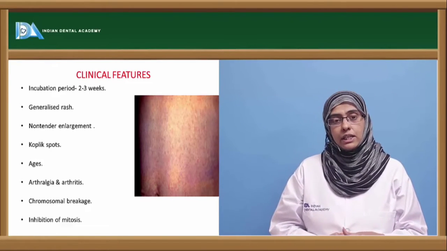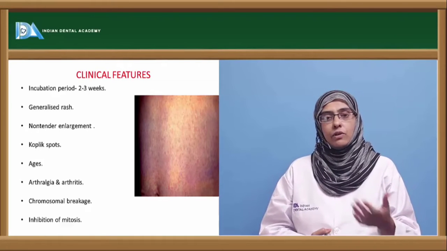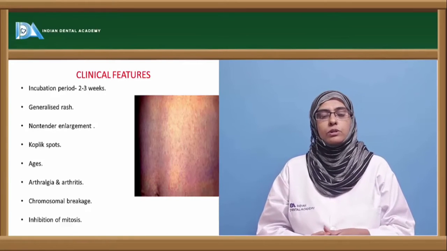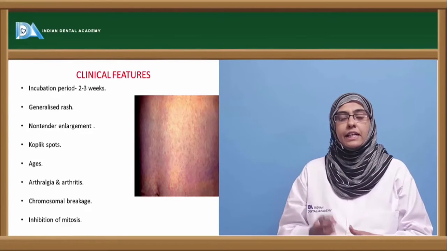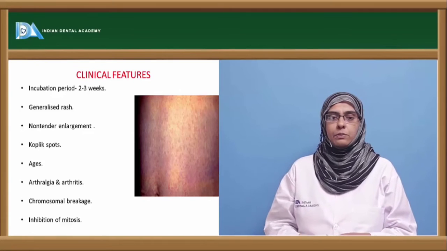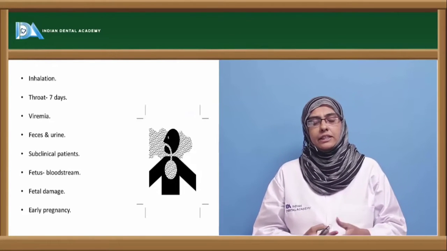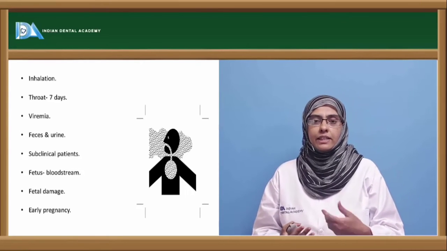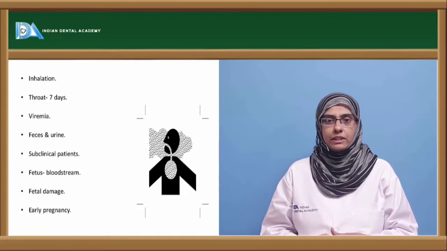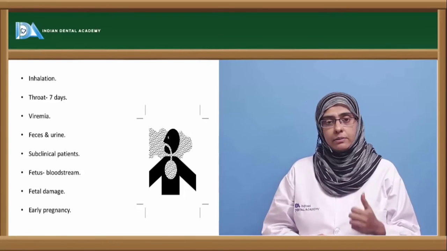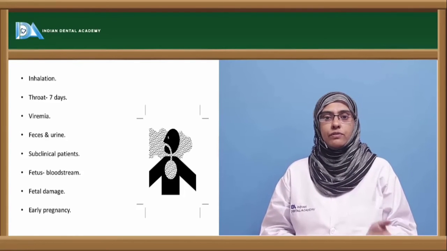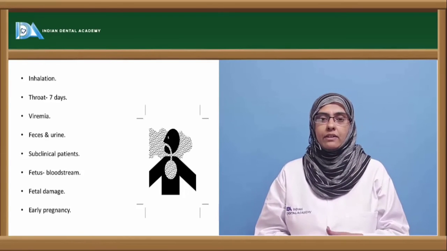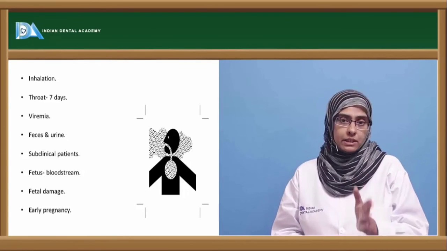The disease has been studied in detail and found to involve the genetics of the human, that is, the chromosomal breakage and the inhibition of mitosis lead to this particular disease. The disease is usually transmitted via inhalation, that is when you inhale the viruses, it can lead to the development of the disease. And the organism is shed in the throat of the infected person for 7 days before the appearance of the rash. And similarly, you can see the viremia in the early stages of the disease, again before the appearance